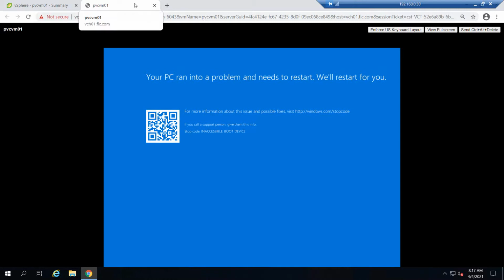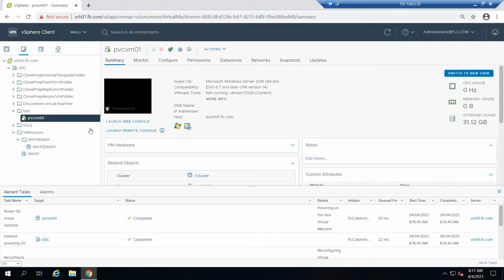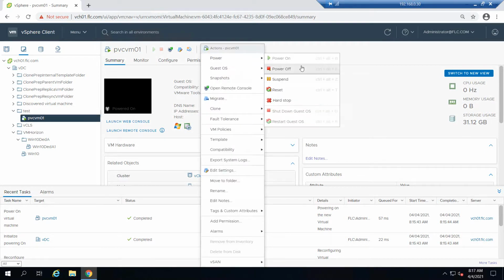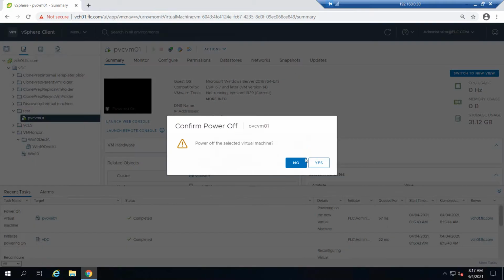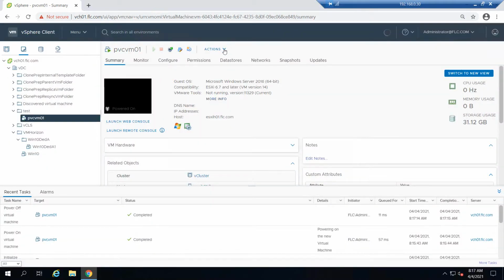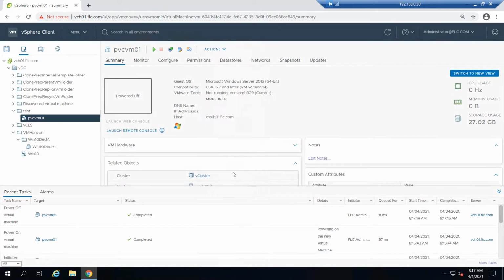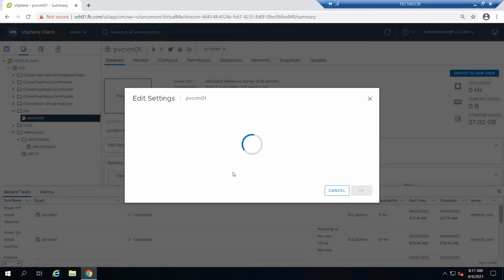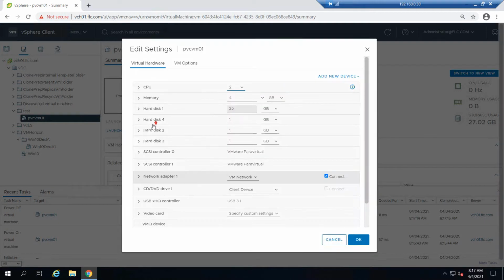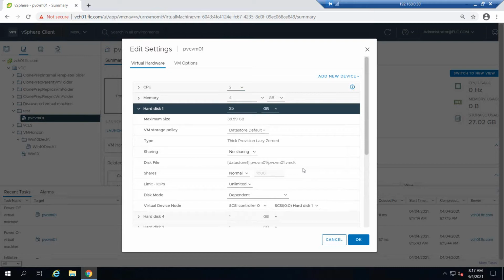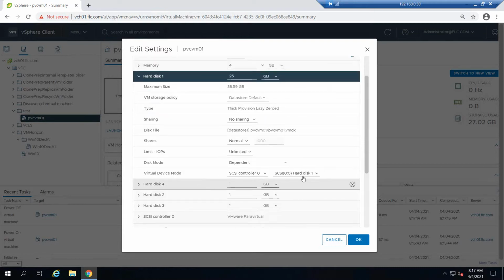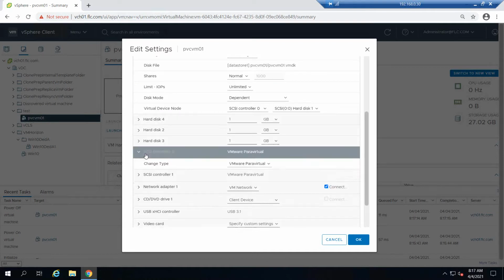So let's turn off. Be sure what you're doing. Here disk 1 is on SCSI controller 0, which I forgot, and I changed it to paravirtual, which caused the issue.